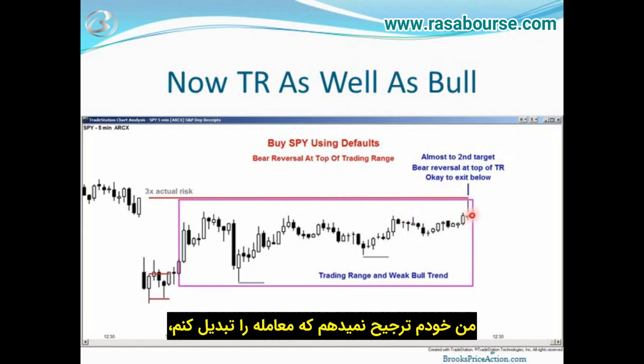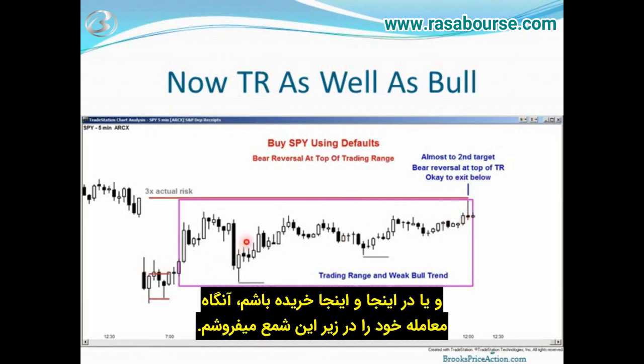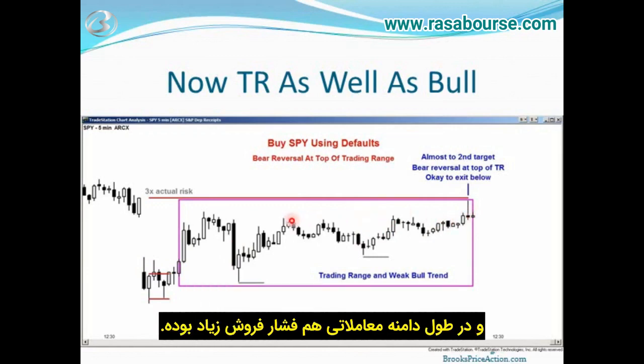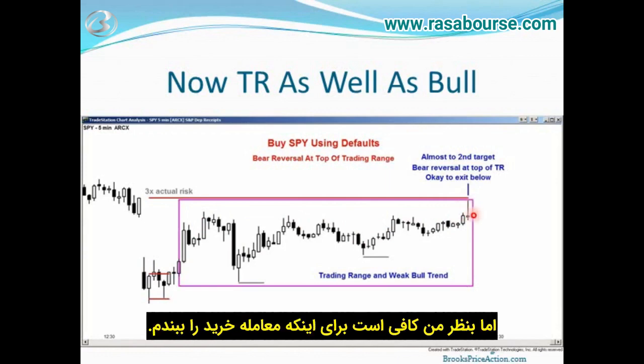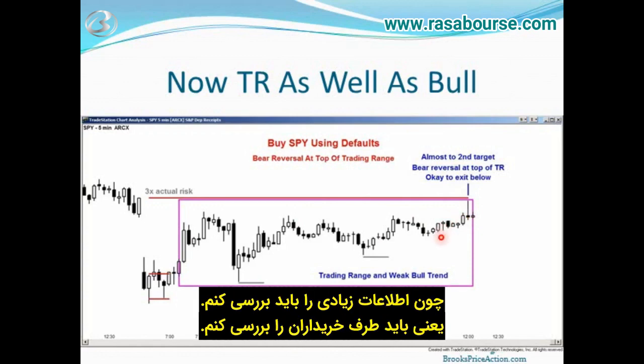Personally, I don't like to reverse except under exceptional circumstances. So most of the time, if I'm long, let's say I bought here, or here, or even here, I would exit my longs below here because this is a reversal down at the top of a trading range. We have pretty good selling pressure throughout the trading range, and we have a bear signal bar. A small body, so it's not a particularly strong signal bar, but it is enough for me to exit a long. If I were flat, I would consider going short, but I don't like to reverse because it's too much